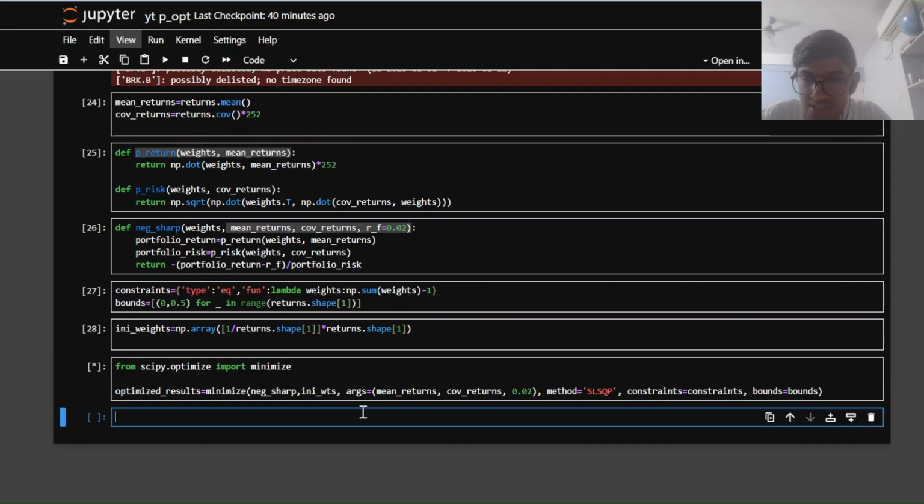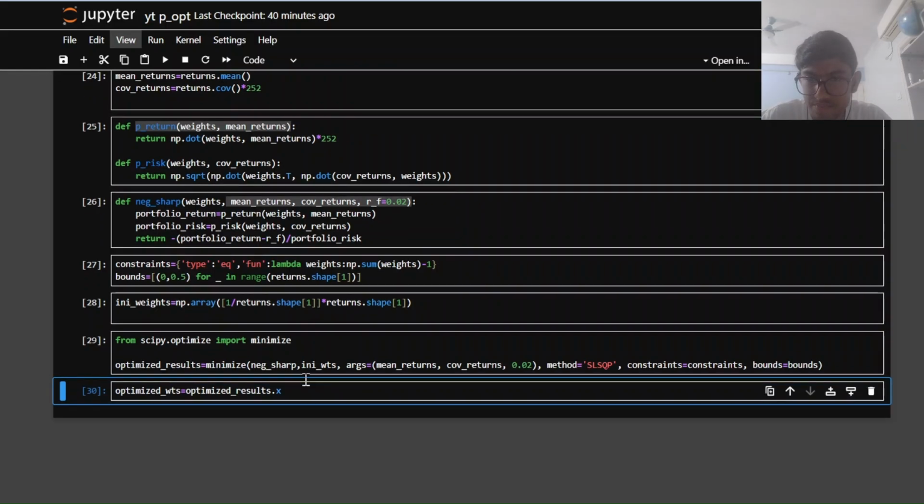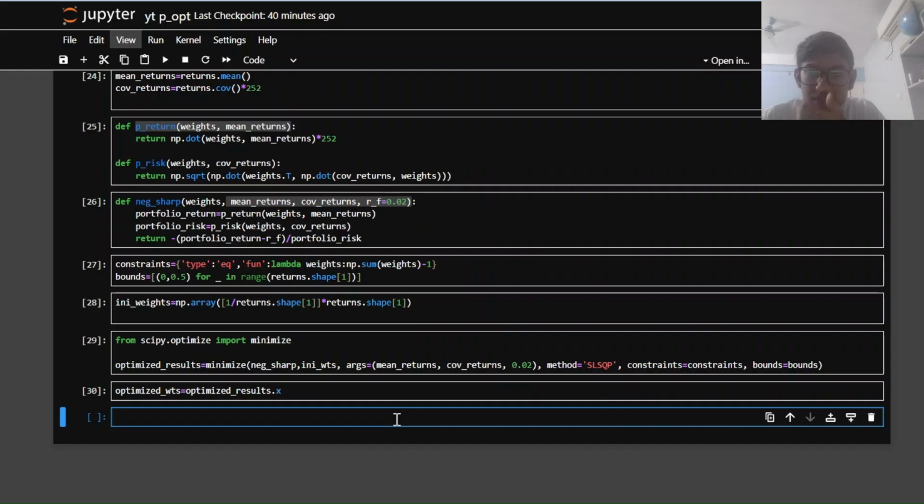And we'll basically get our optimized weights in the x parameter of optimized results, right? And let's run that as well. Okay, the optimization is done. Now let us display the portfolio return that we get, the portfolio risk, and the Sharpe ratio, obviously. And one more thing, I'll tell what that one thing is after we compute these three things. So let us print our